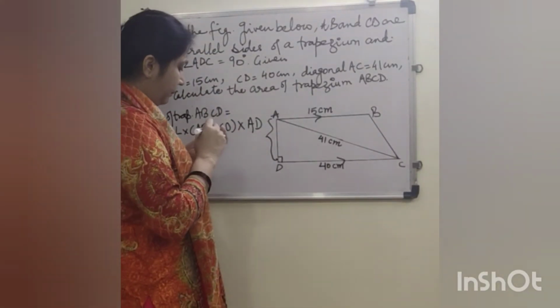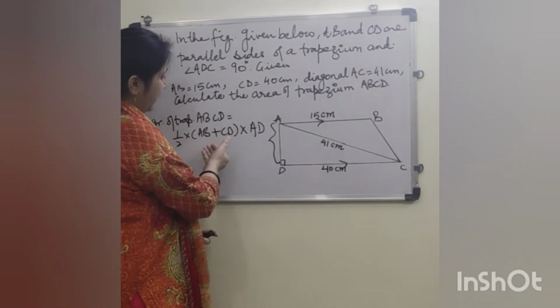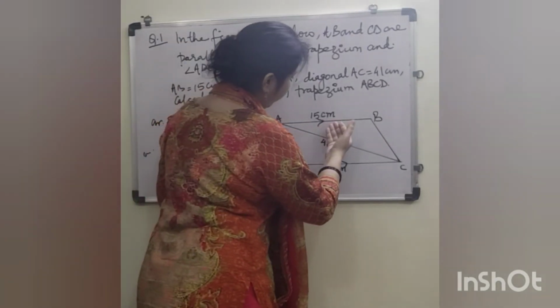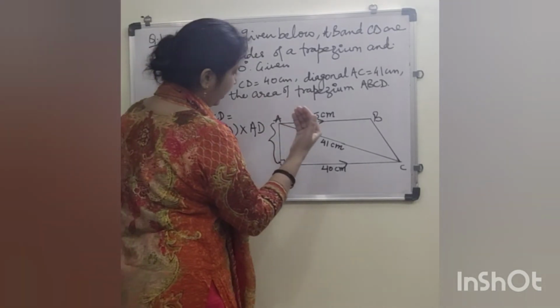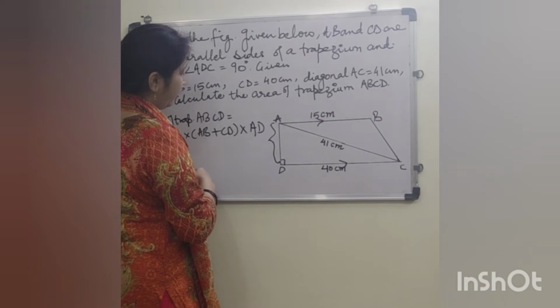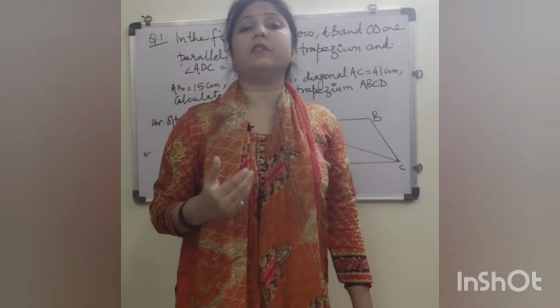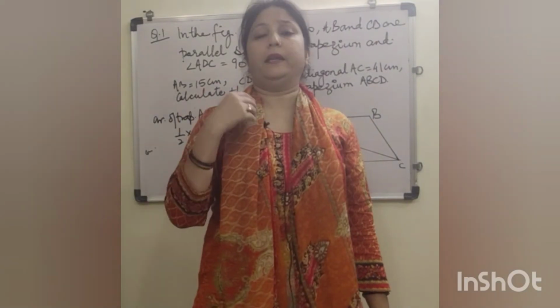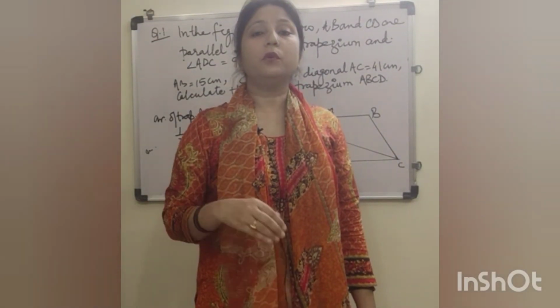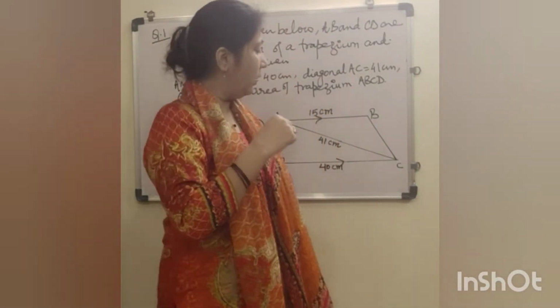Now you see, look carefully and match with the figure. AB, it's okay, 15 is there. CD, that is okay, 40 is there. Fine. Now what you don't have? You don't have the measurement of AD. You don't have height. Now recall and just think,